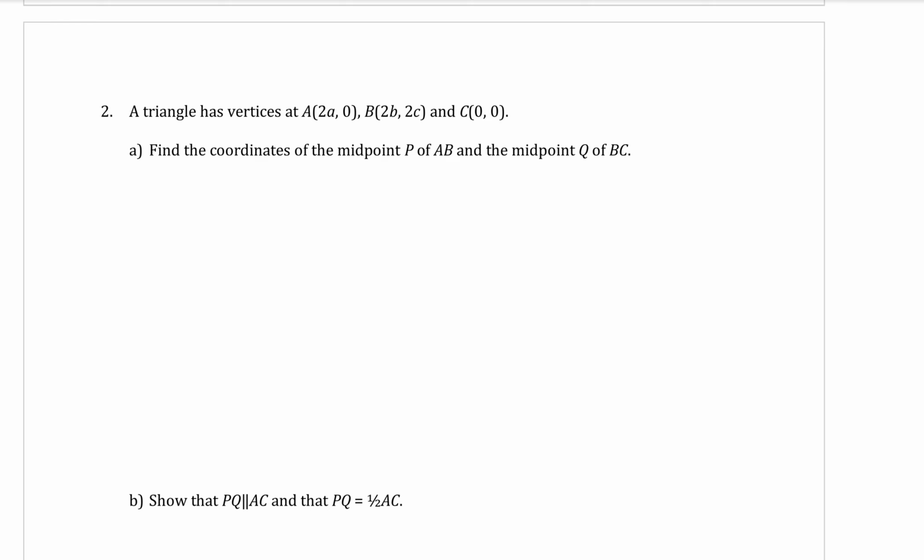So P is the midpoint of A and B. Okay, so using the midpoint formula, I'm using point A and point B. The midpoint is averaging the x's, so that's going to be 2a plus 2b over 2, comma, then we average the y's, so that's 0 plus 2c